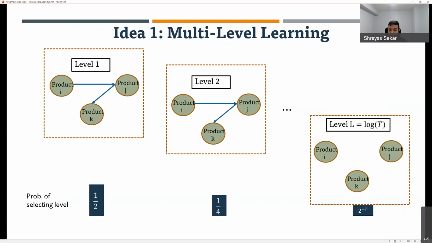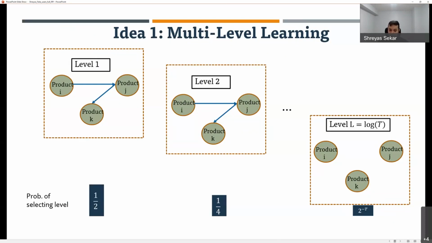The way I'm going to implement this conservatism versus aggression is by selecting these levels with different probabilities at any given points in time. Let's go over this carefully. I'm going to have these exponentially decreasing probabilities so that my first level is chosen with a high probability. The second level is chosen with a low probability, and so on. Now, every time a user arrives, I'm going to select only one of these levels with this probability. I know that these things don't add up to 1, so you can augment the probability slightly to ensure that. So ignore that small bookkeeping issue.